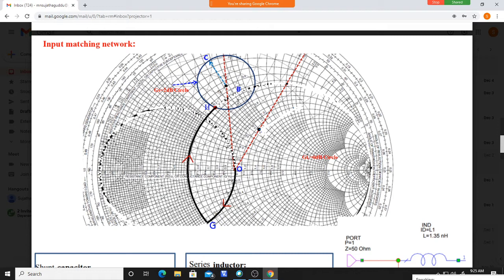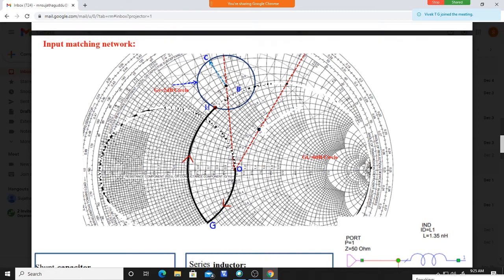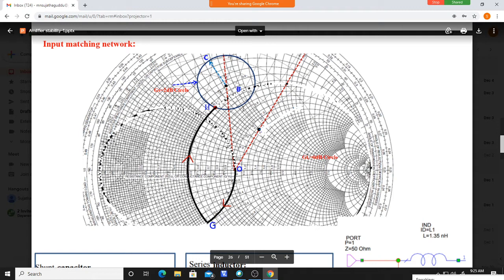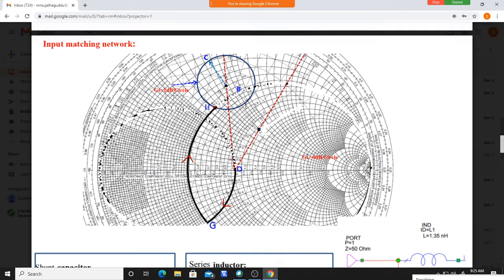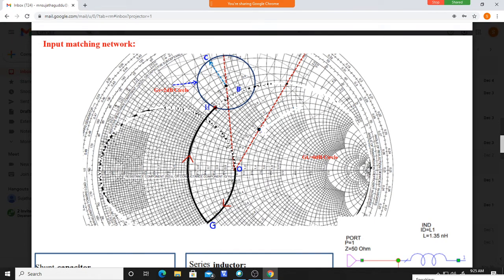For the ZS value, we have an impedance matching network. We have to design the input matching network using this circle. This is the circle we have drawn, for example, the input gain circle. Next, after drawing the gain circle, you should choose any one value over this, but that value must be in the stable region. In this Smith chart, using this constant gain circle, this impedance is chosen as an input impedance.